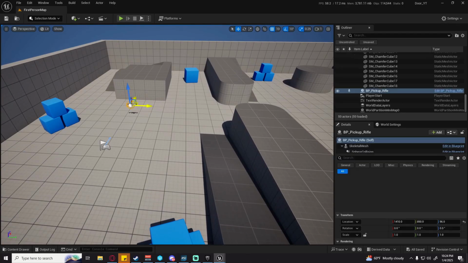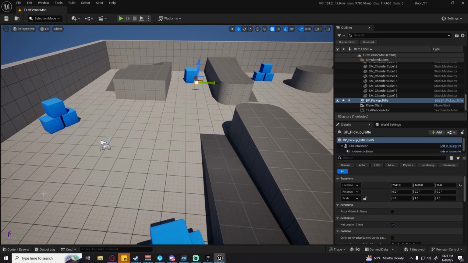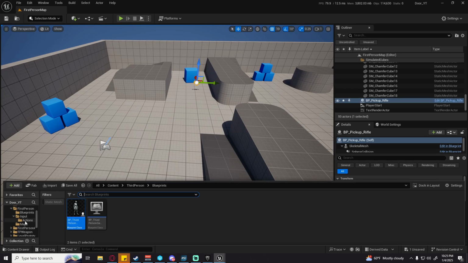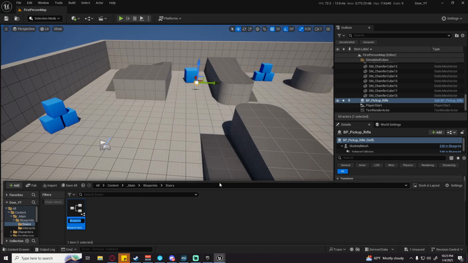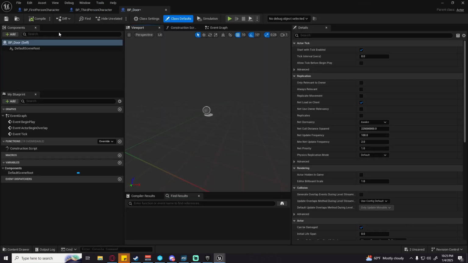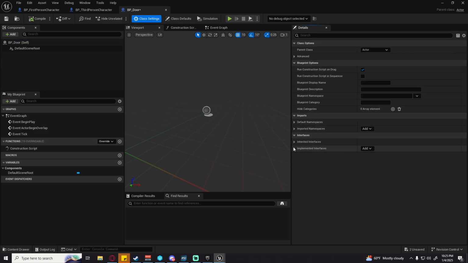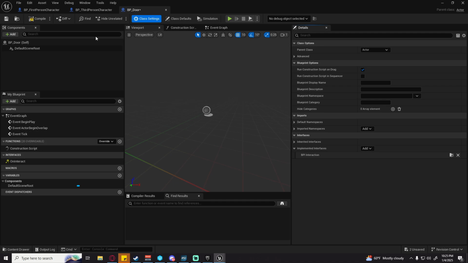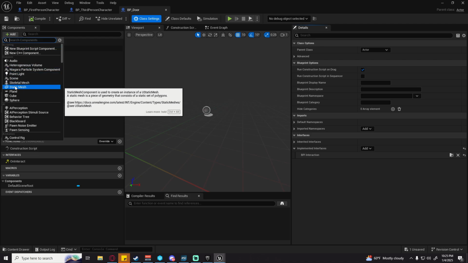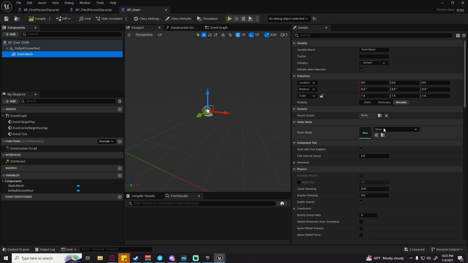Come in here. I'm actually going to move the gun, and we're going to go back up here, main, blueprints, doors. I'm going to make a new blueprint class, type actor, called BP underscore door. I'm going to open this up, the class settings, go to implemented interfaces, add our BPI interaction. Okay, compile, save, and then over here we're going to add new static mesh, and this is going to be our